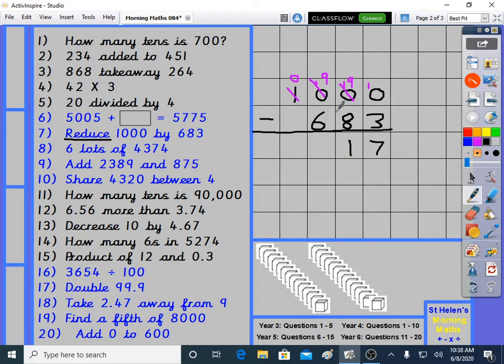9 take away 8, 1. 9 take away 6, 3. 0 could get written in, but doesn't need to be. So 317. And if you know number bonds to 1,000, you can look at these two numbers and think, well,